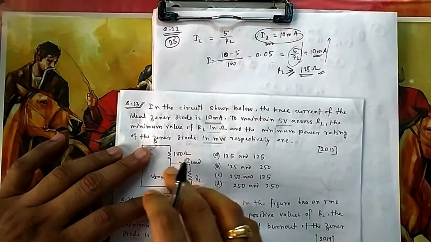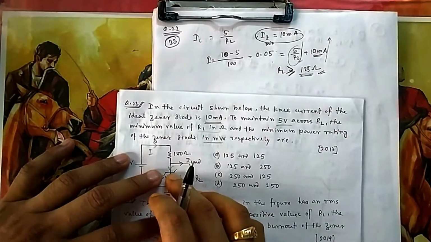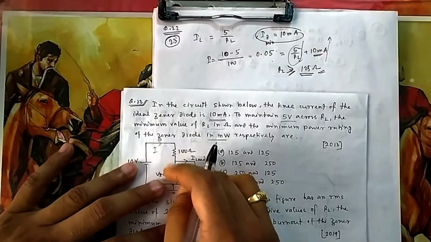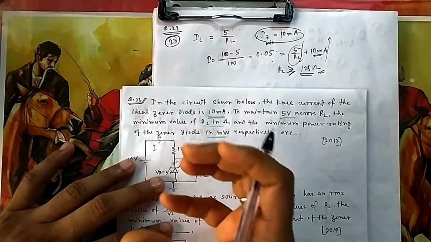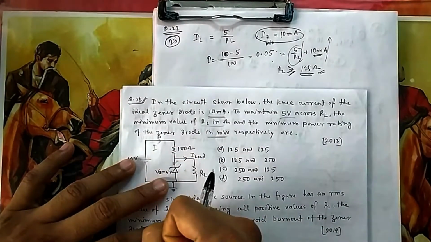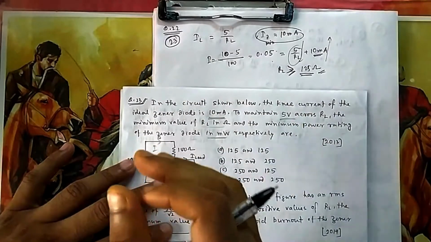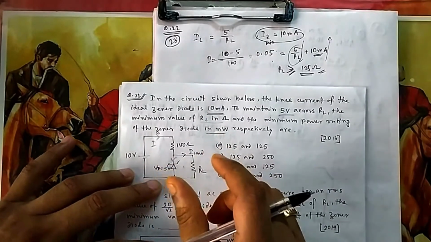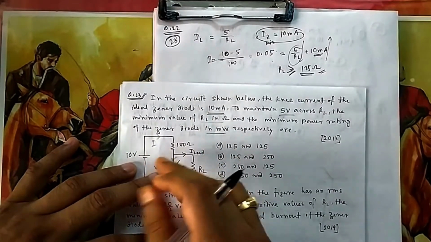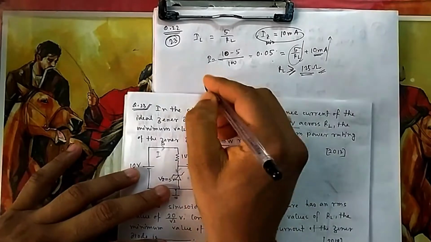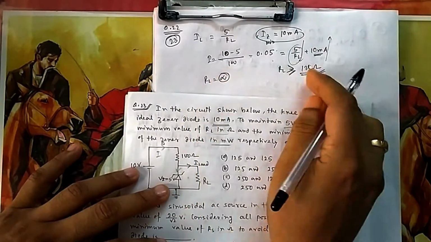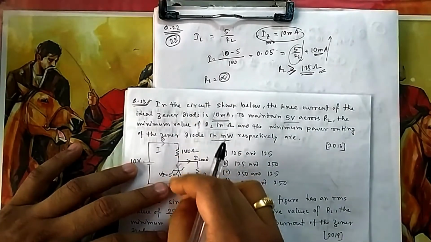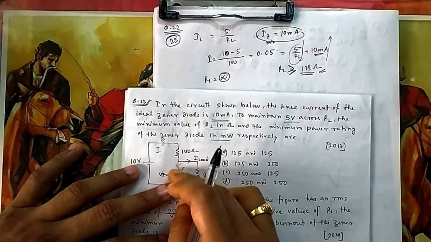They are asking the minimum power rating. So what is the minimum power rating? Minimum power rating, again the worst case. What is the worst case? Worst case is that all current is passing through the Zener. Power rating means how much power it can handle, how much maximum current it can handle. Because I told you maximum will be no limit. So obviously theoretically there will be no limit, but each and every diode has a practical wattage limit. So what will be that wattage limit? That is again the worst case. Worst case means this RL is now infinite. You have increased it so many times, so all the current is flowing through the Zener, and the Zener should be able to handle it.